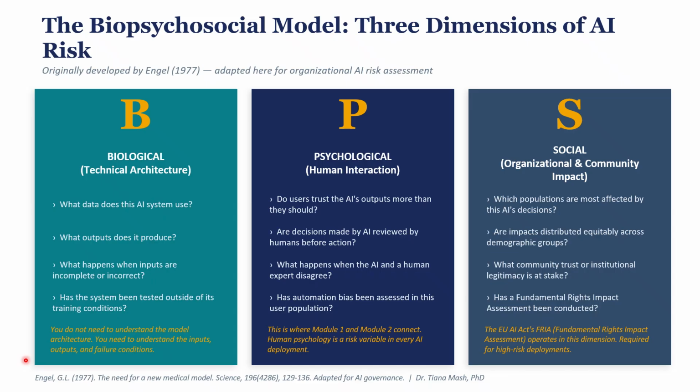Now, how do we explain the P dimension? So let's, for example, talk about a financial institution's loan officers using an AI credit scoring system, which is happening in almost every bank. The P dimension assessment asks what happens when the AI score and the loan officer's judgment conflict, right? One of the main reasons AI is being so useful is because of the overuse of fake documentation, the overuse of fraud in, for example, obtaining mortgages or loans.